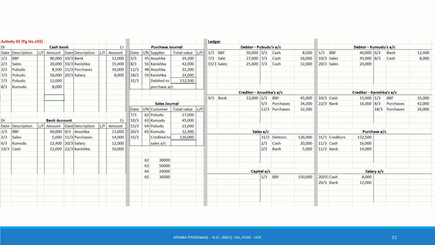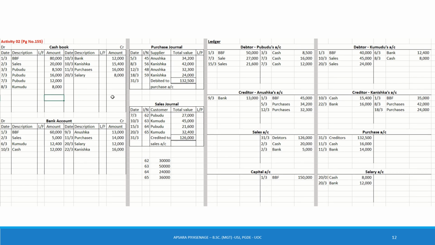When balancing the cash book, first you have to get the debit side total. Debit side total is